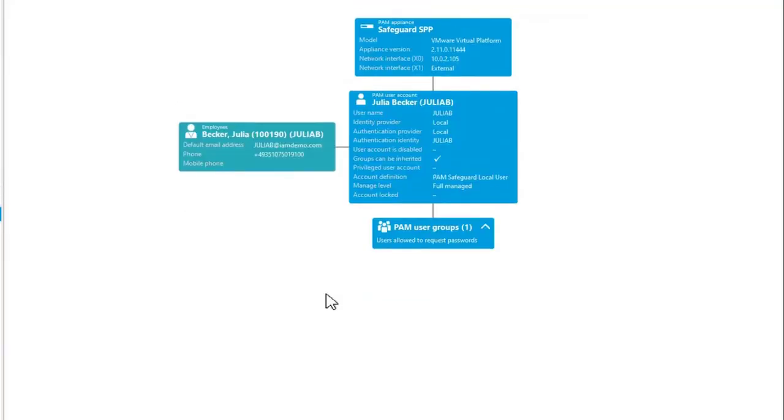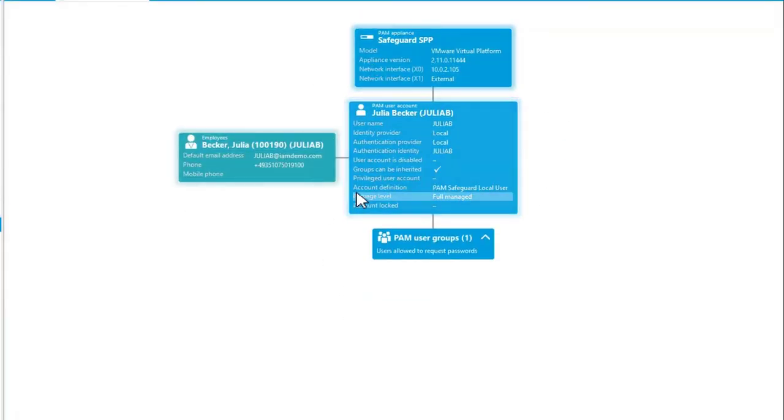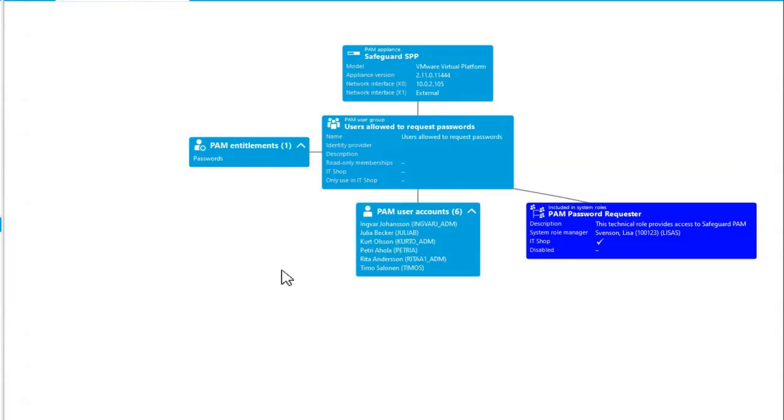So going back to that account again, as you can see, she's also a member of one of the PAM user groups. If I click on that group, I can say, okay, what about this group? Well, she's not the only one, of course, who is a member of that group, but in this group, you have one of the PAM entitlements. So obviously, if you are a member of this PAM user group, you are probably able to request passwords inside the PAM appliance itself. I have also published this particular PAM user group as requestable in the IT shop,